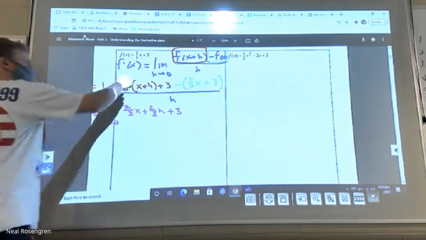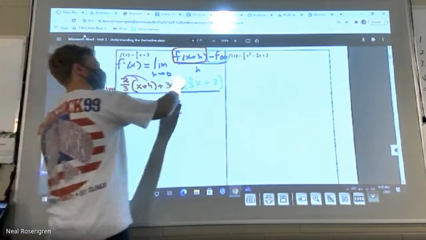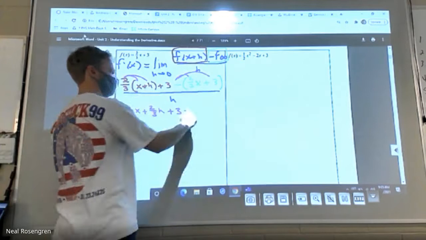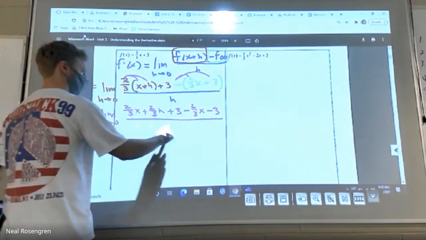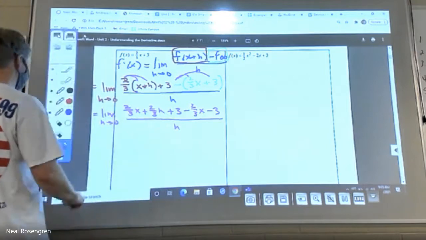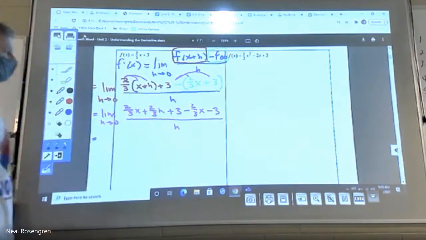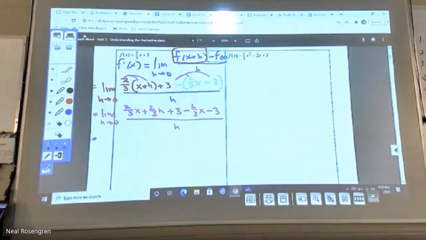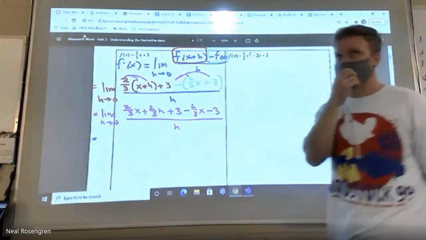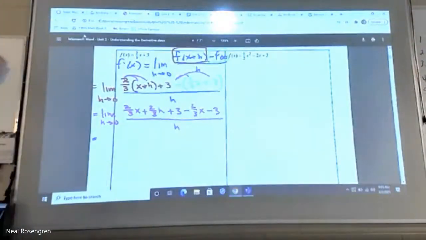All right, so the 2/3 went in. Now the negative goes in as well. Minus 2/3 x minus 3 all over h. Yay, done. Evaluate, expand. The only purpose in expanding is so we could combine some like terms. Let's simplify anything that you see that goes together.